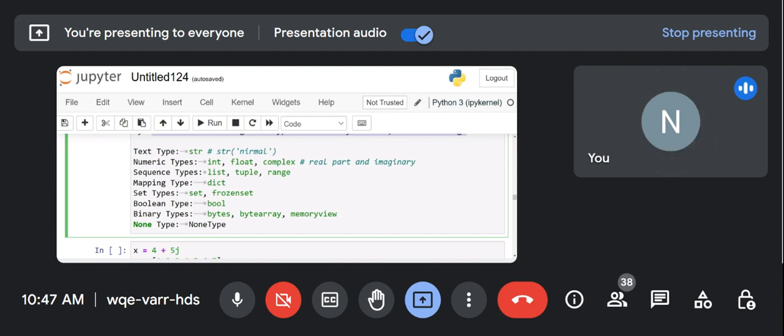Okay, so sequence types are those in which the elements are stored in a sequence. And as I asked you, array means the elements are stored in a sequence, in a contiguous memory location, though they are of the same type. Okay, that's what we have studied in C++ programming languages. Okay, here in Python